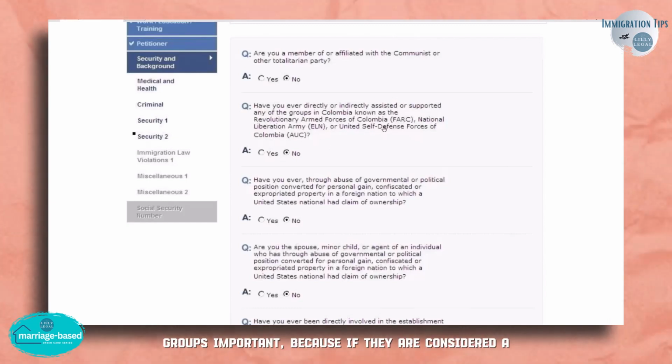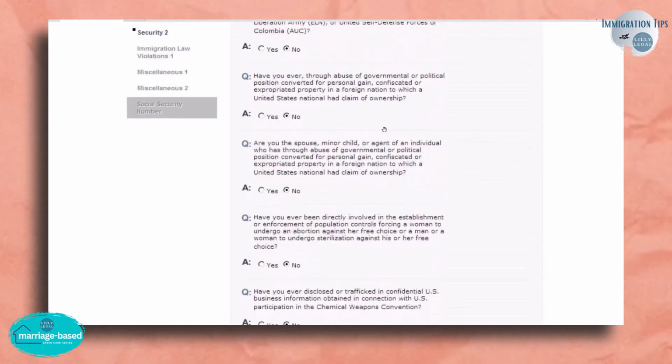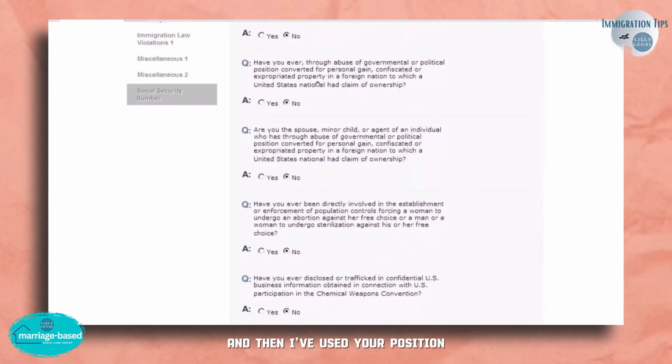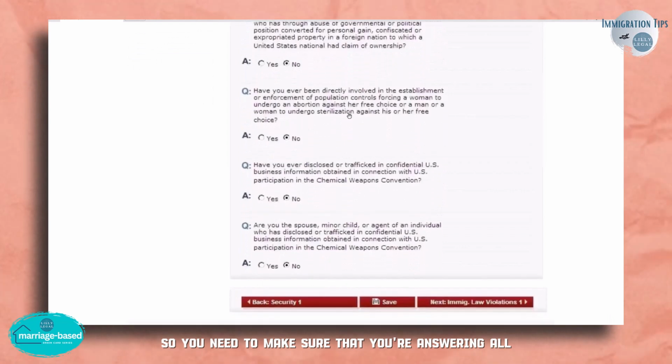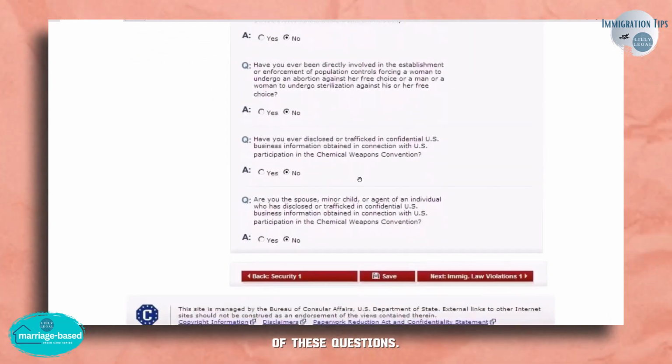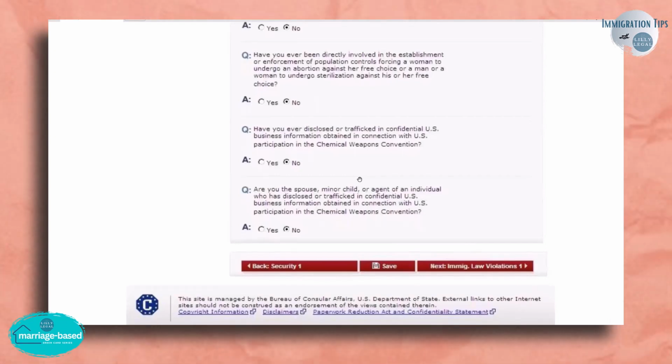Important, because if they are considered a terrorist organization, that again is an issue for you, okay? And then, have you used your position as a member of the government or a political position? So you need to make sure that you're answering all of these questions, okay? Trafficking, basically,